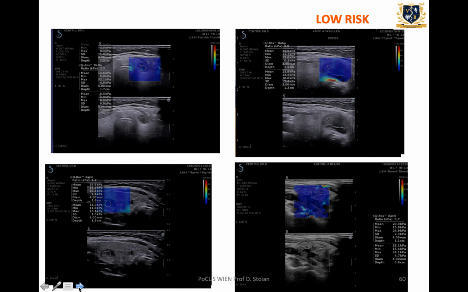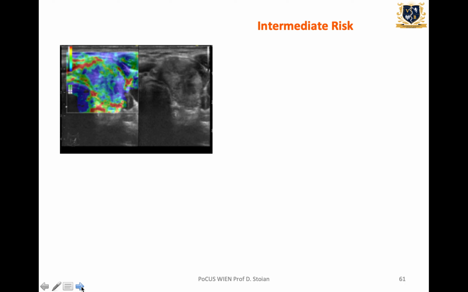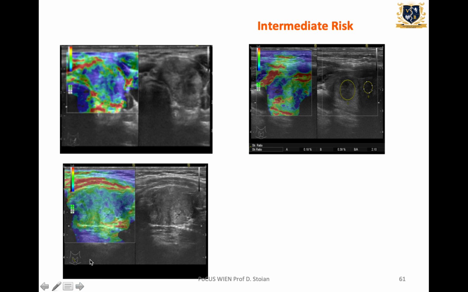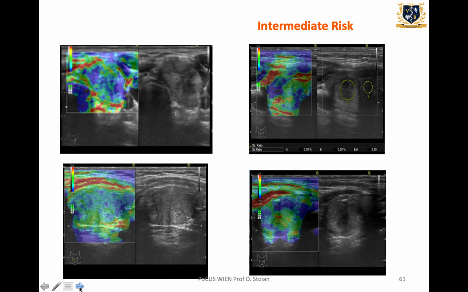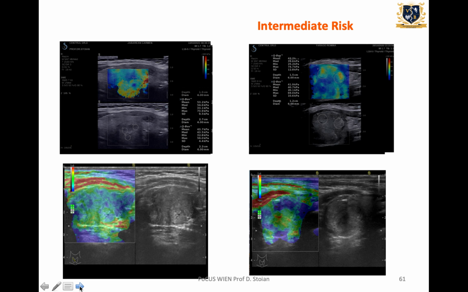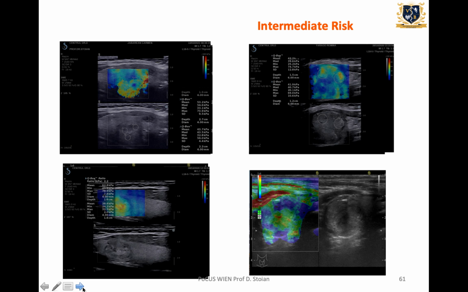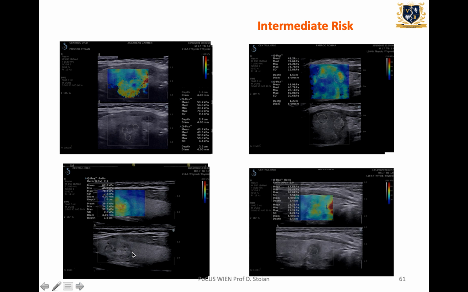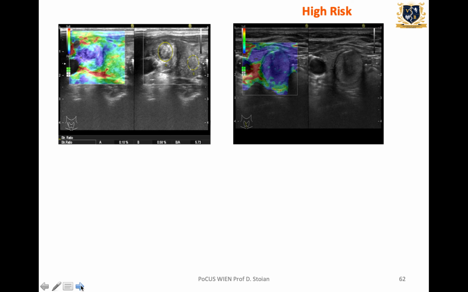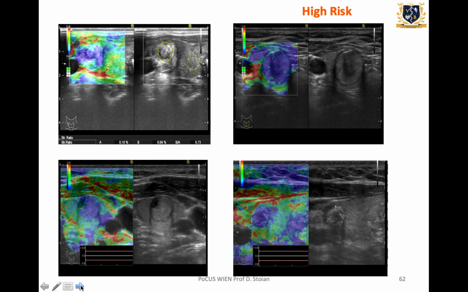This is valid also for shear wave, the color code 1 color map. Intermediate risk, whenever you have color code, this is a 3, this is a 2, this is a 2, this is a 3, and this is valid also for category 2 in shear wave, 2 to 3, here is a 3, here is also a 3. All are intermediate risk. And high risk whenever the vast majority of the lesion is hard, regardless how they look